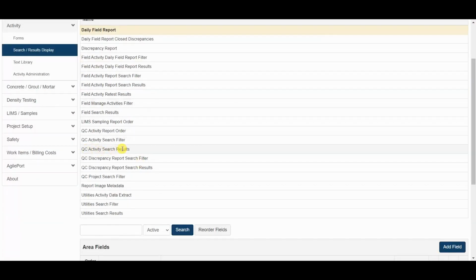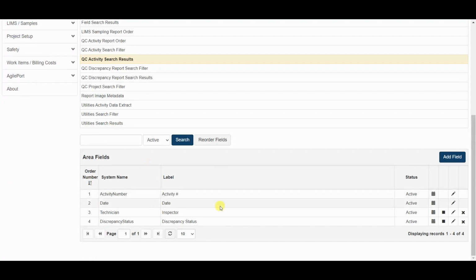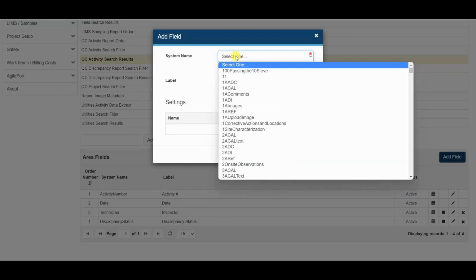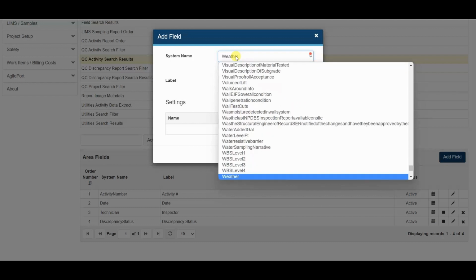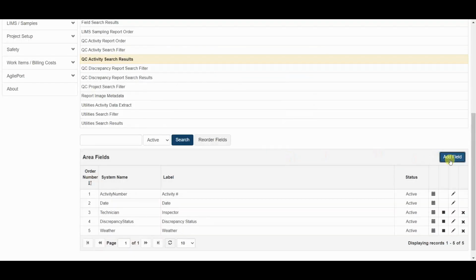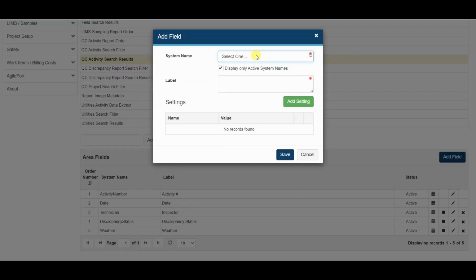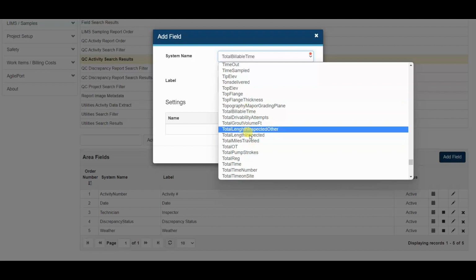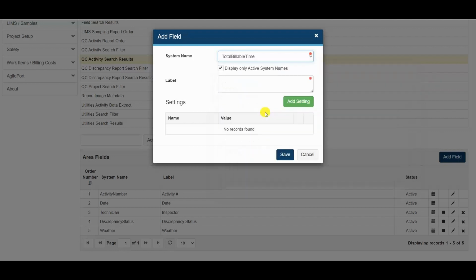So now let's come back here and click add field. And we're going to look for some of those system names that we just looked at at the form level. And you certainly can type here a little bit to help the system get you to your list. But there's the weather field. Okay, so now I can give it a label. Again, we'll probably just call it weather. And hit save. Let's do that total time. So again, I'll select my drop down here. Let's see here. And these are all custom fields that we've created. So we'll do total time on site, call that one the same name. Hit save,